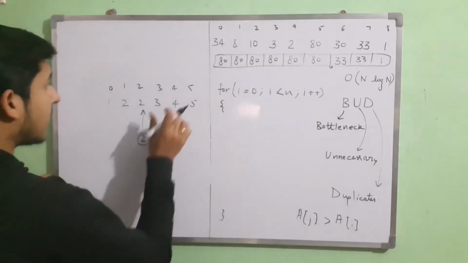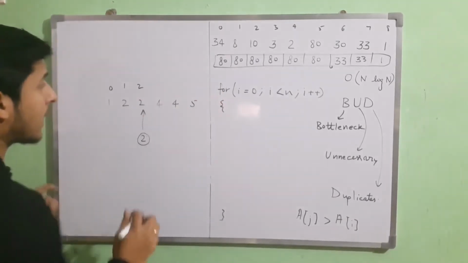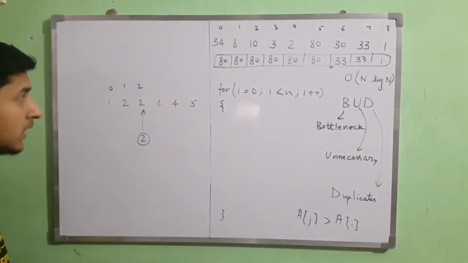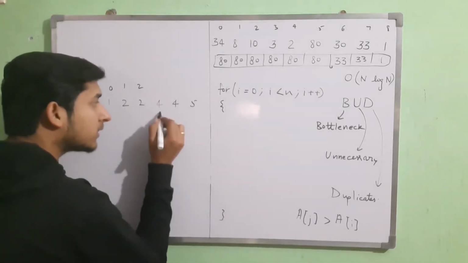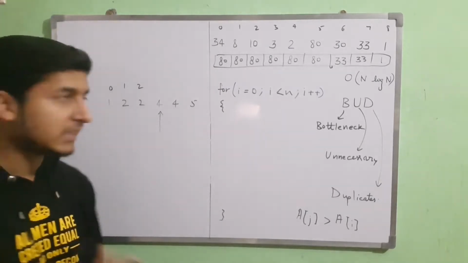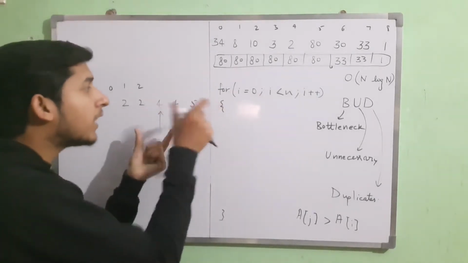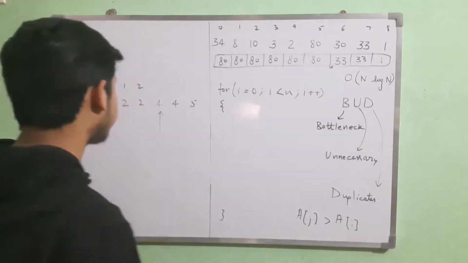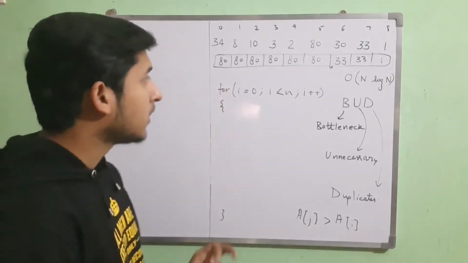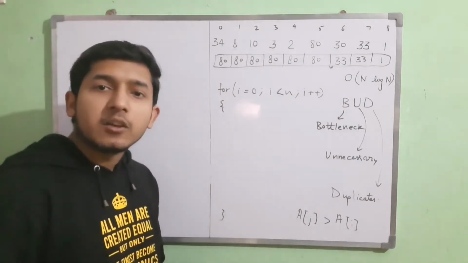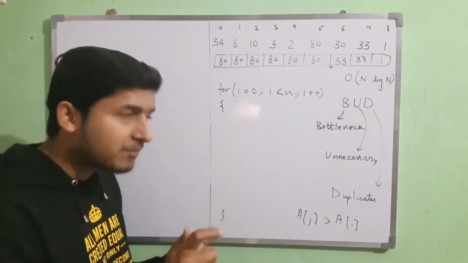But if I am supposed to find, suppose, the upper bound of 3, then because 3 is not present here, it will return this, because 3 should be here and the rest of the elements including this should move ahead one step, okay? So I hope you understand the idea of upper bound, and that has a complexity of log n, because that is an application of binary search only.